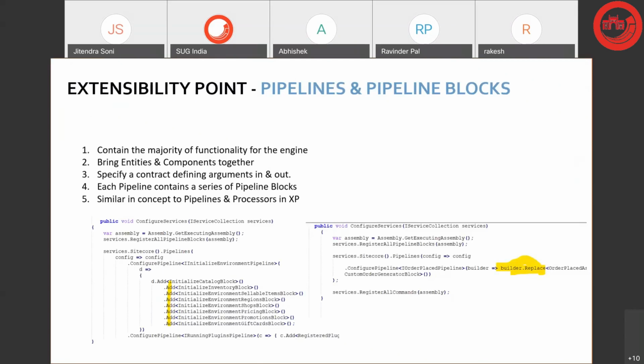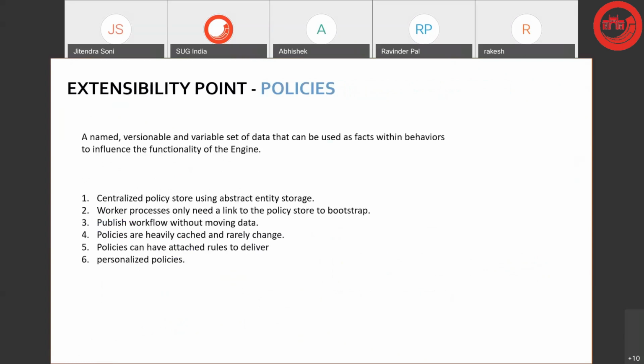So in the second section, I tried to replace the order place pipelines, and I overwrote those pipelines with my custom classes, and I regenerated a new custom order number from there. I will explain it to you once my system is up and running. And now the policies in the XC, again,